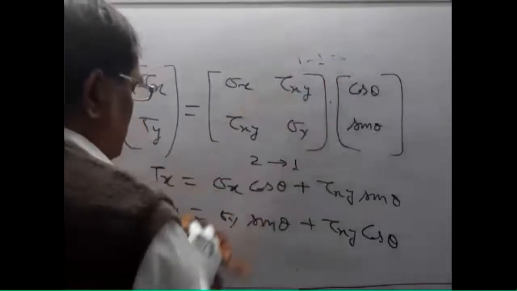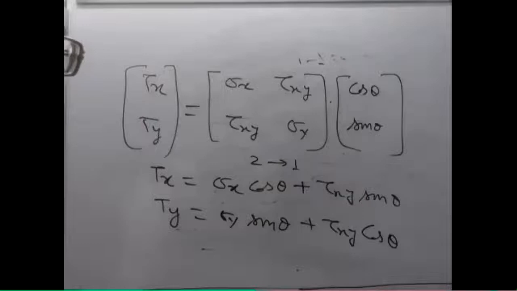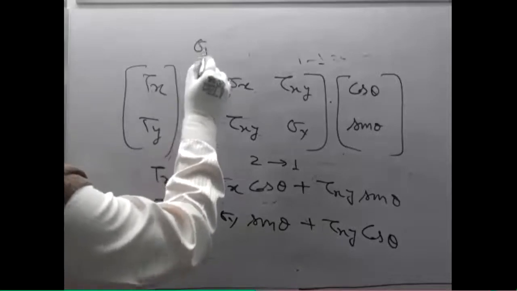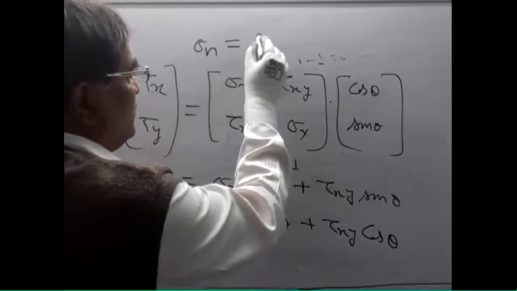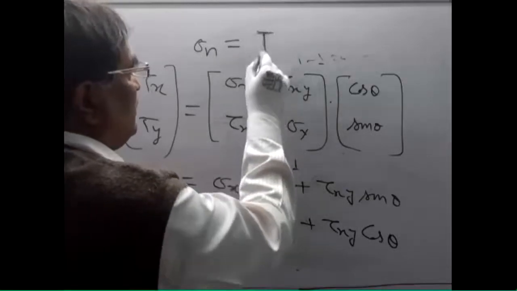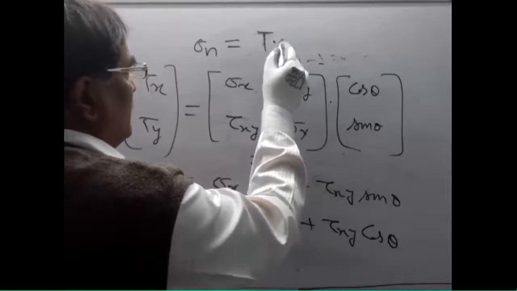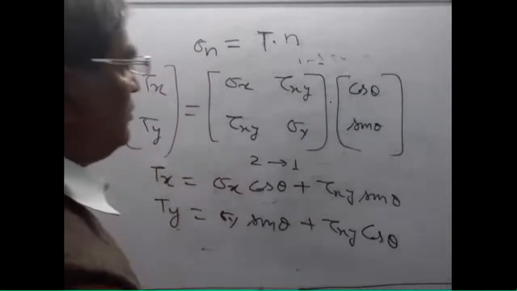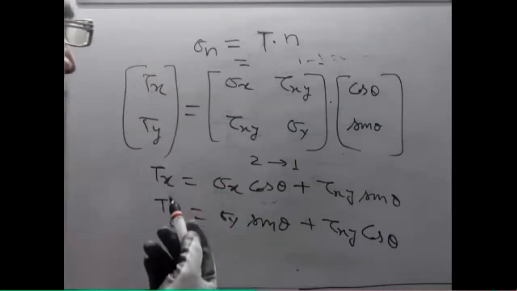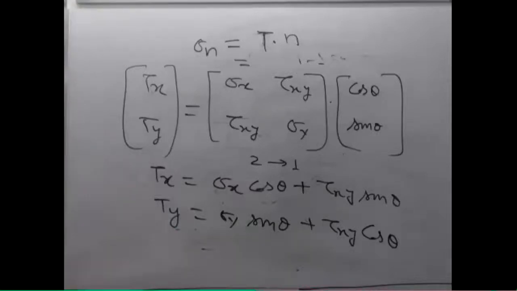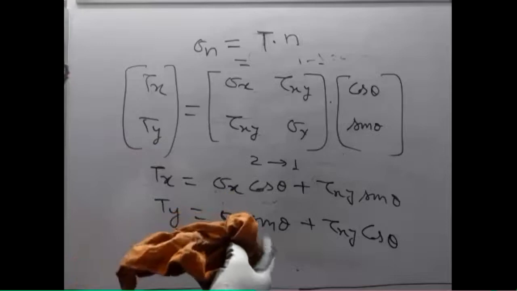Okay, so you got the Tx and Ty, and now how do you find out the sigma n? Sigma n, you know the expression for sigma n. What is the sigma n expression? What is the Tx, you know that formula, that T percentage we call n. So that is what you do in order to find out the sigma. So here again you have to multiply by Tx. So you understand how to find out the Tx and Ty? Same, we have done this analysis earlier.